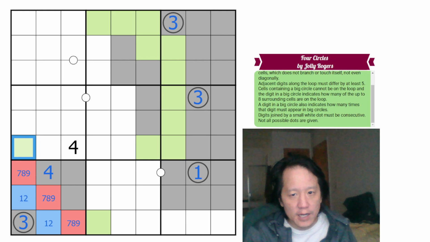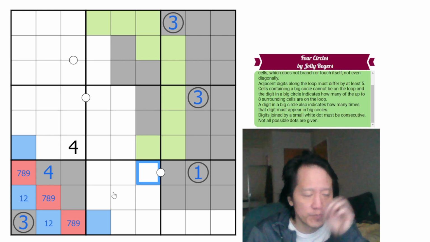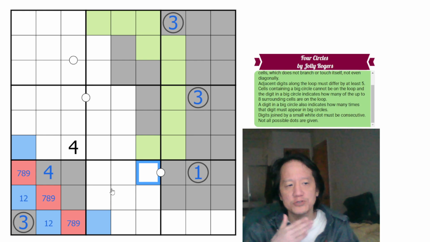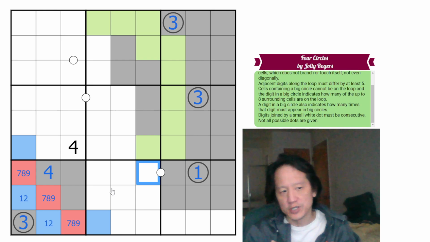This cannot be 4 from that. And it can't be 3 from here. So this is 1 or 2 because this is a low. This is a low. In addition, we know that since the loop alternates between one set and another set back and forth, vice versa, we know